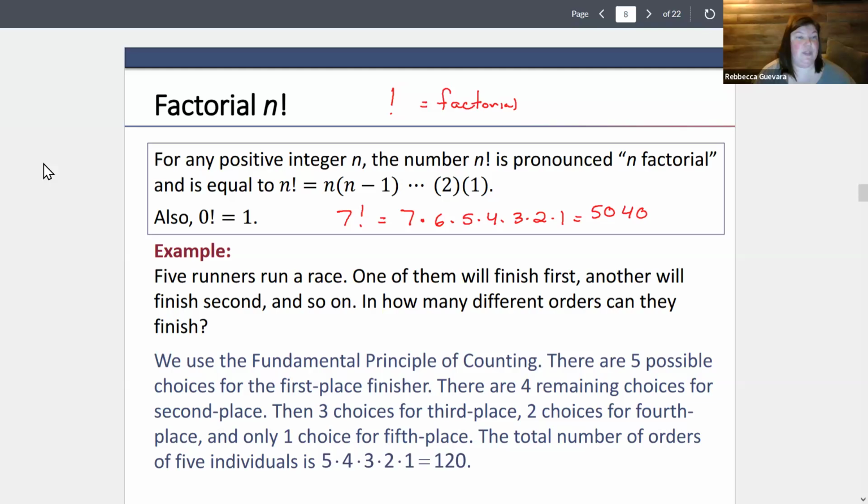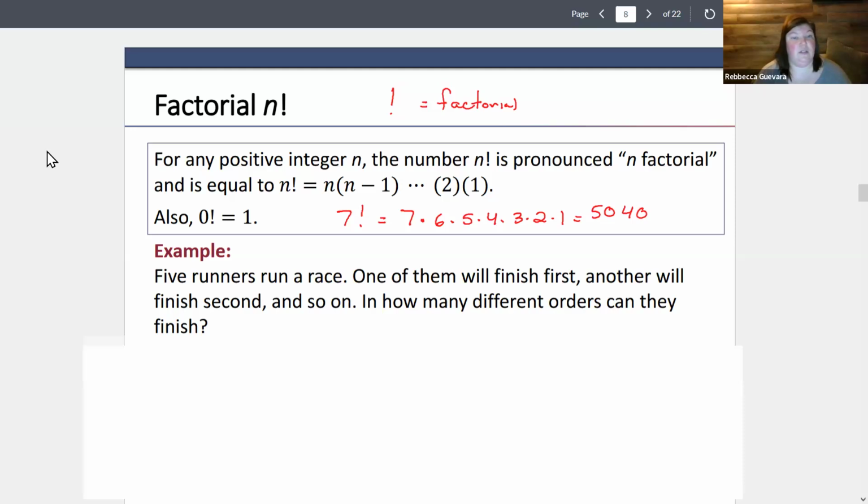So this goes along with the fundamental counting principle. Let me get rid of this part here for a second. We have 5 runners in a race. One of them will finish first, another will finish second, and then third, fourth, and fifth. How many orders can they finish? We're assuming they all have the same skill set here. So all the different ways they can finish would be